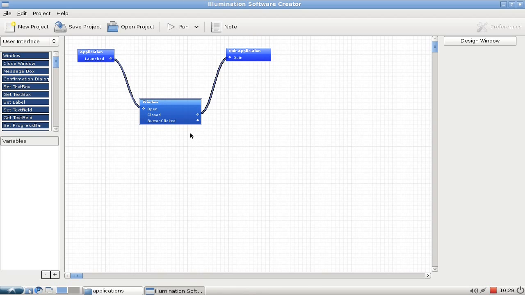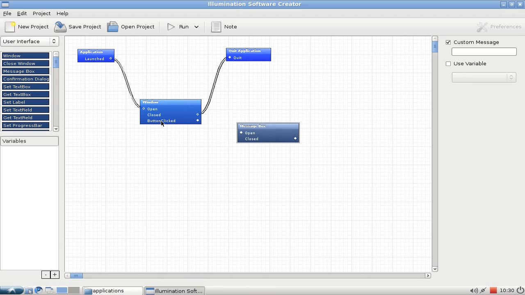Because we added a button, something needs to happen when we click the button, so we need to add a new object or new action that will happen when we click the button. One thing that's really easy to do is just creating a message box saying "hello world 2" or something. So drag over the message box widget. What will happen if I click the button? I want to show or open up the message box, so I'll just drag and drop this here to connect it,